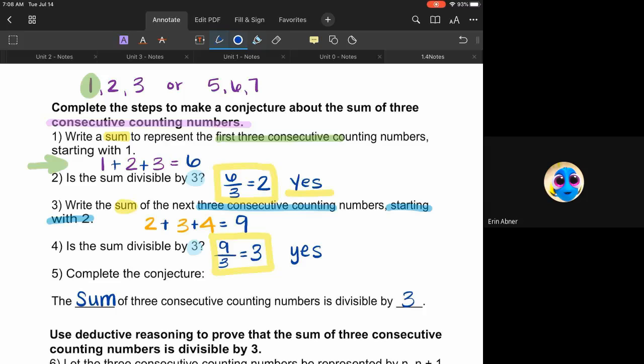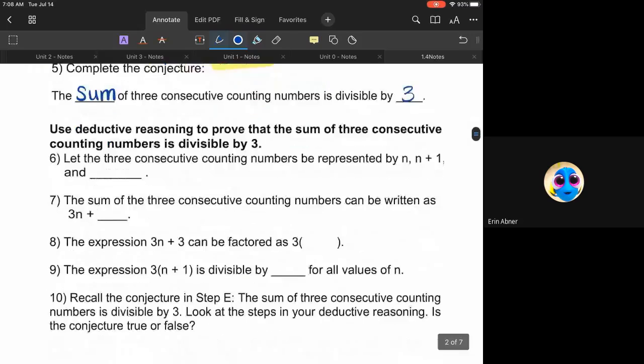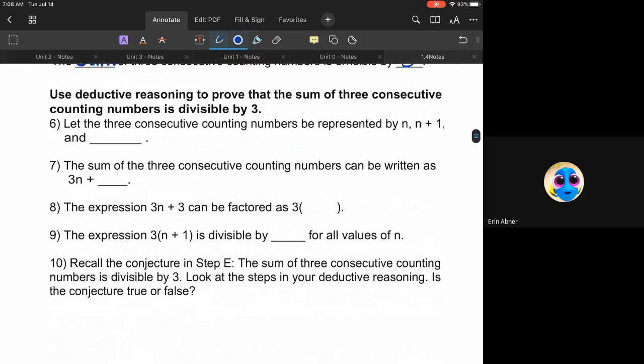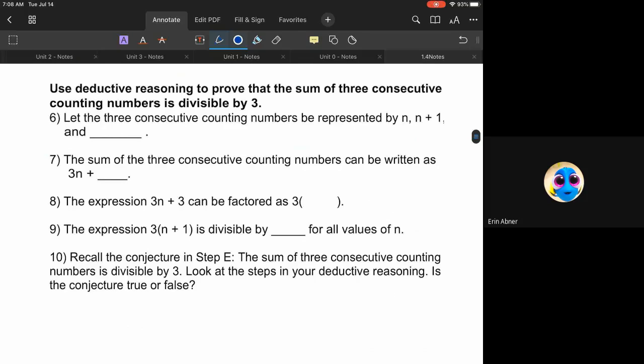Okay, so let's look at the next thing they're asking us to do. It says use deductive reasoning to prove that the sum of 3 consecutive counting numbers is divisible by 3. Well, if we flip our paper over, we know that deductive reasoning is a system of thought where statements are justified by previously assumed or proven conclusions. So let's take a look. Let the 3 consecutive counting numbers